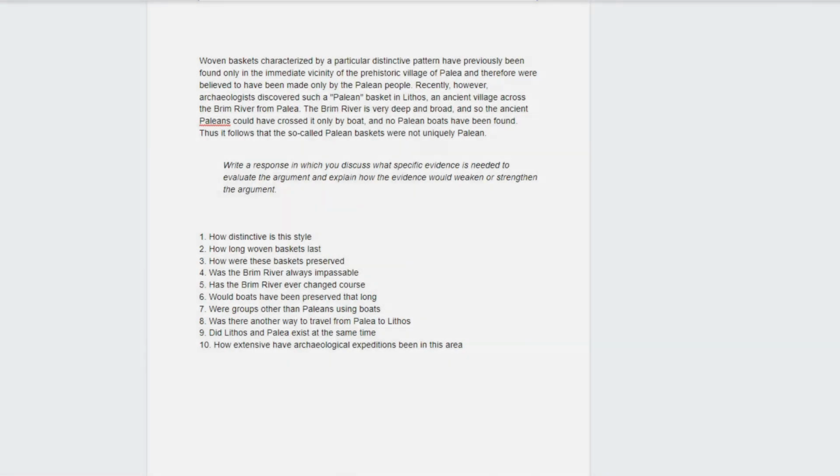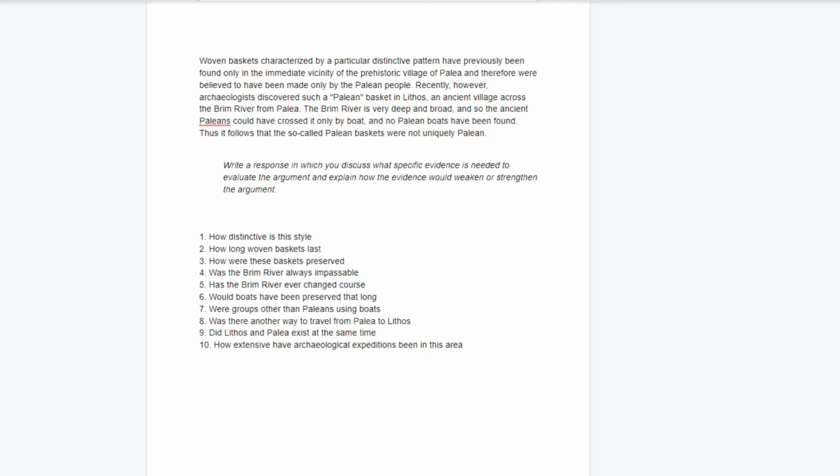If you did pause it and you took some time to come up with some ideas, hopefully some of the ones you came up with are some of the ones I came up with. Again, if they aren't, don't worry about it. Obviously this is not an exhaustive list of everything you could have identified, but a lot of these prompts are set up with some sort of low-hanging fruit ideas that they expect you to respond to. So let's go through this list and just look at a couple of them